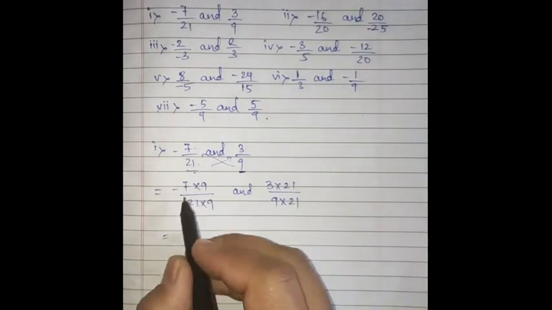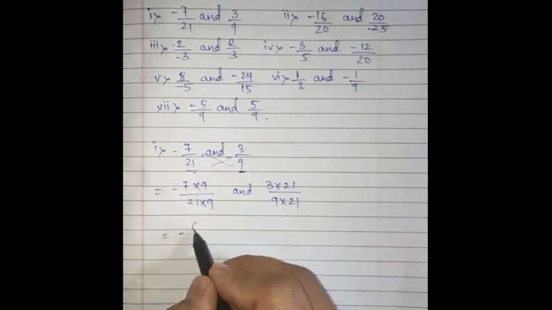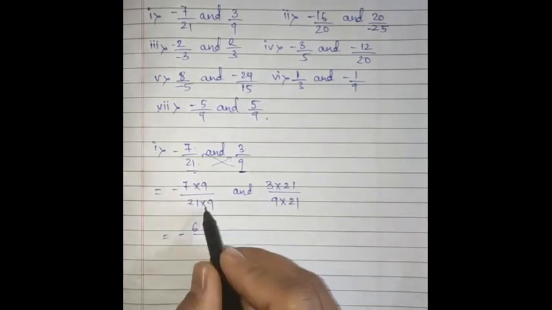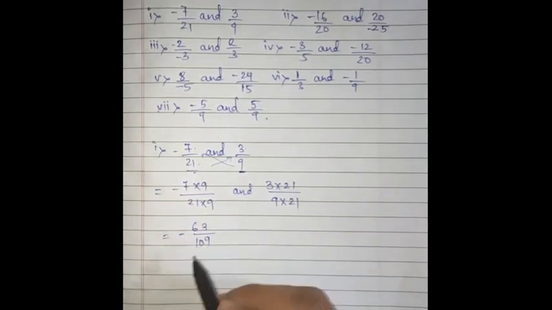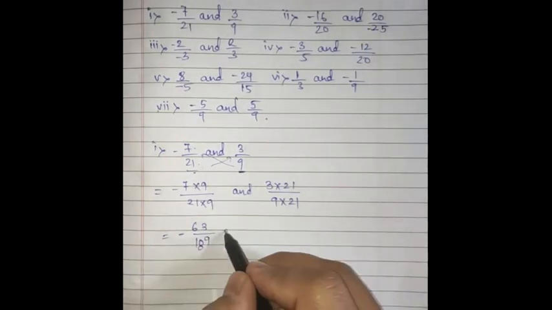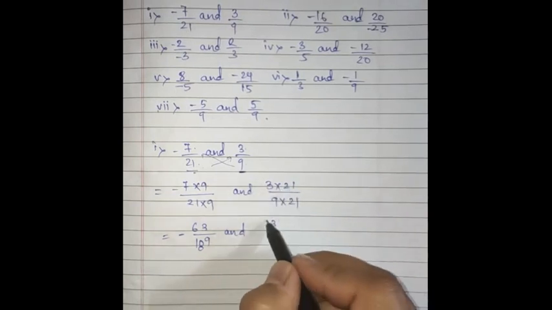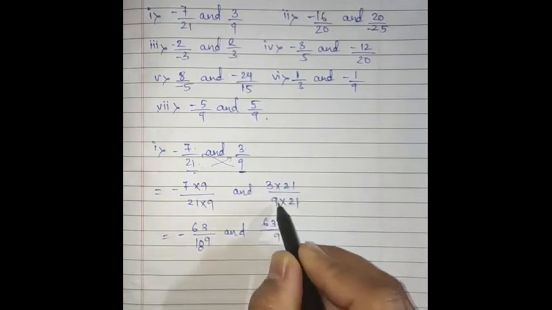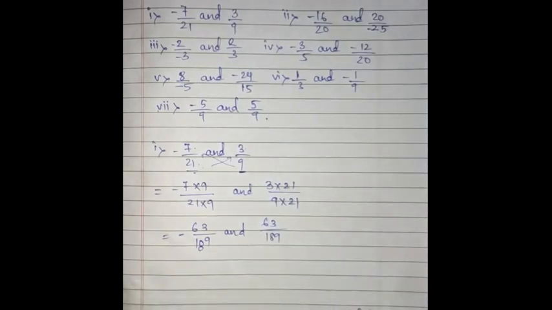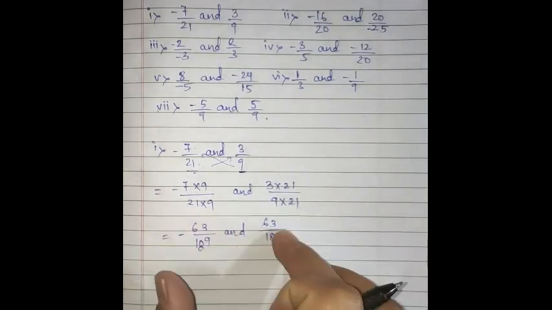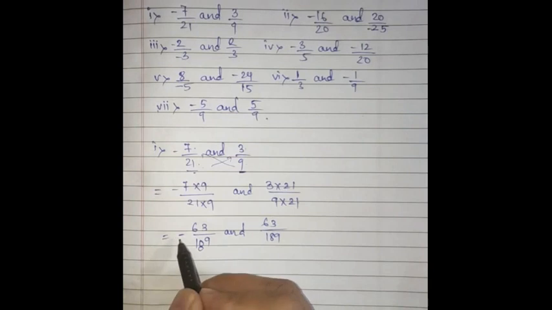So minus 9 7s are 63, and 21 into 9 is 189, and 3 1s are 3, 3 2s are 6, 9 1s are 9, 9 2s are 18. Right? These numbers are the same but differ in one thing, the negative sign over here. So that's why we can write,